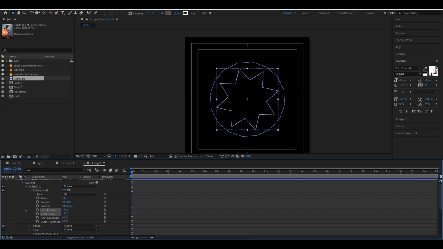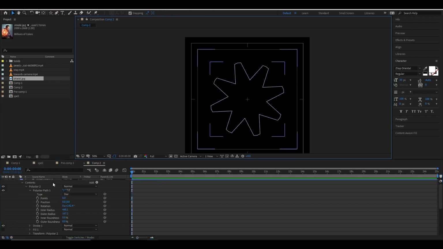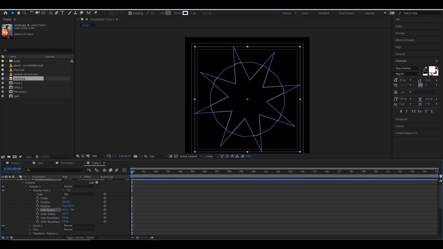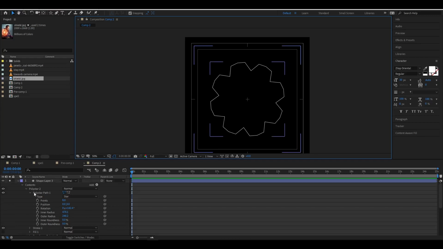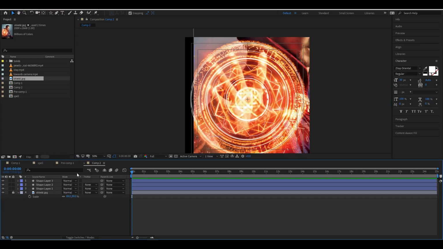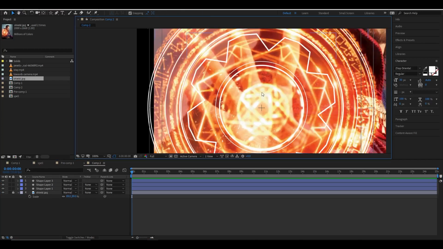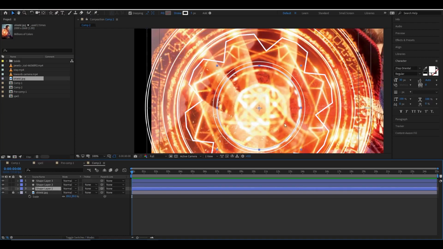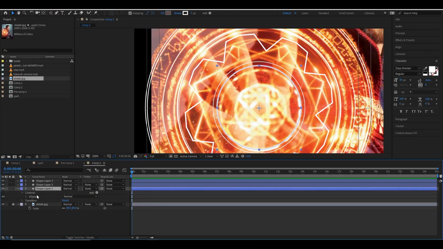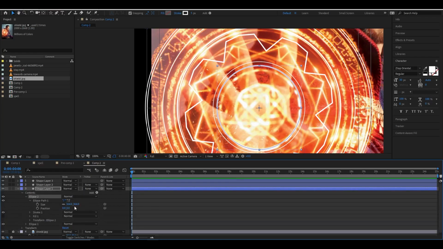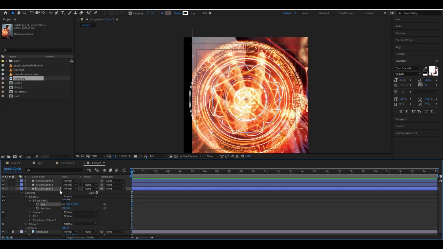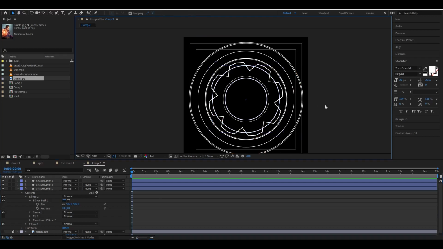Okay, perfect. Let's increase its outer radius a bit, like this. So we have the inner part, and we will increase its width to around 5. That's fine. And also in Contents, just duplicate this ellipse, and then increase its size also, like this. Now hide this image, as we need